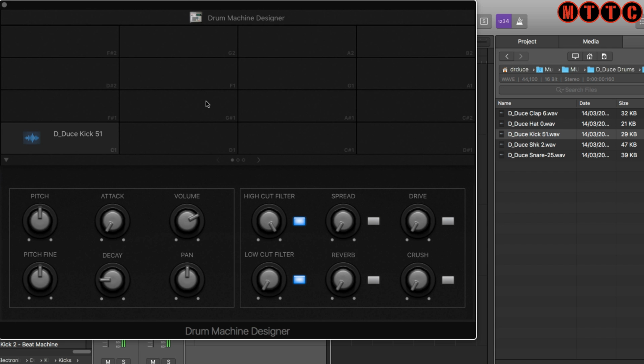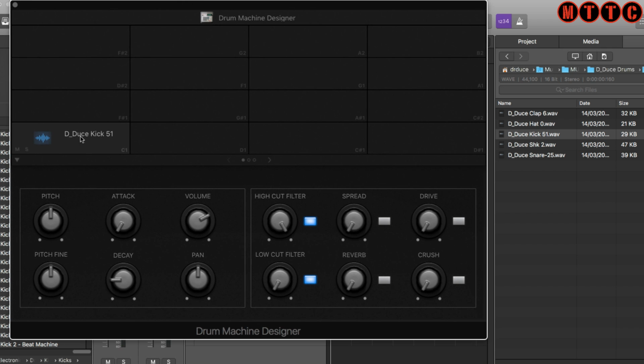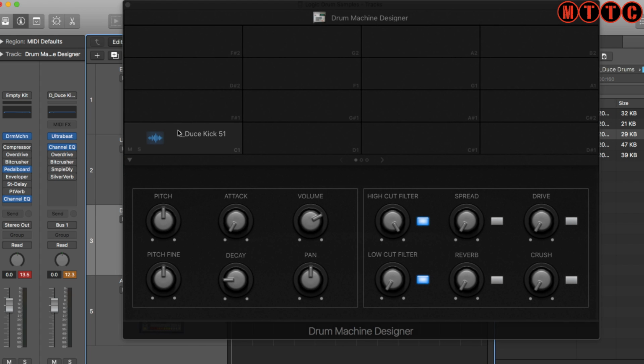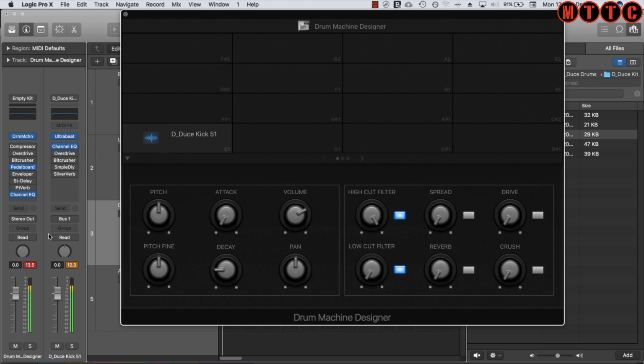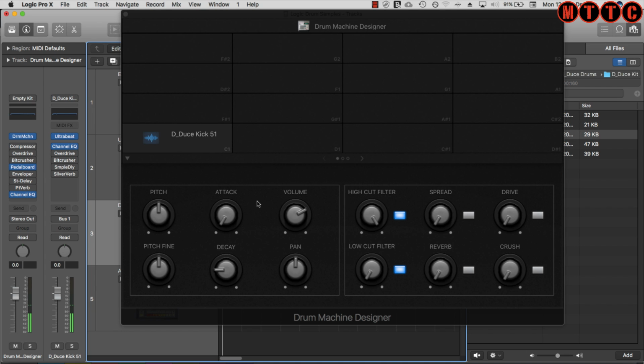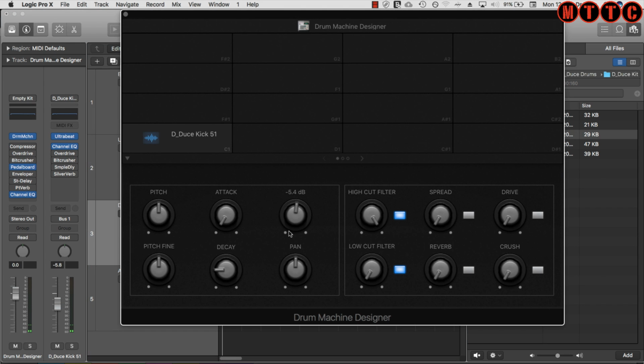Okay, now one thing that you will notice is the volume has gone crazy loud. Let's have a look at the channel strip as well. So by clicking this, that's mad loud. So the first thing you want to do is pull the volume down. I normally take it down to -18 dB. Okay, now if I hit that,